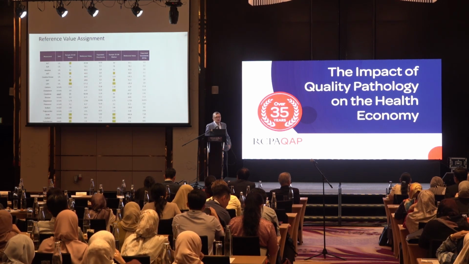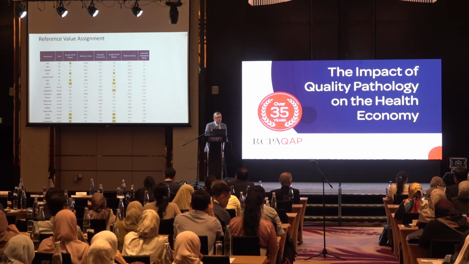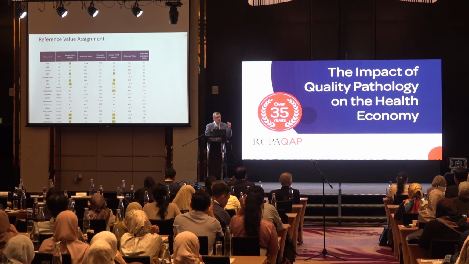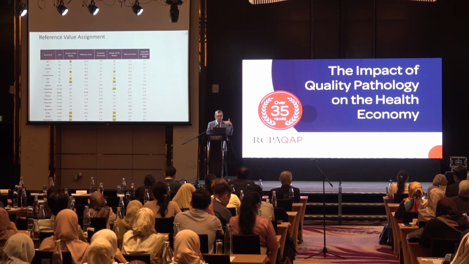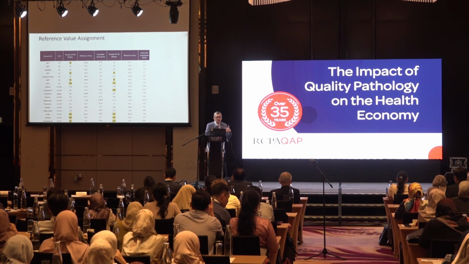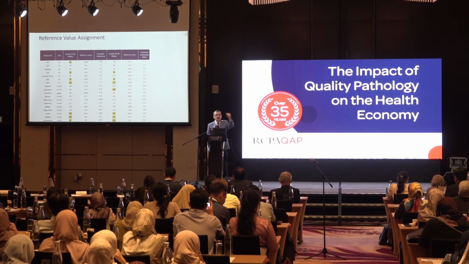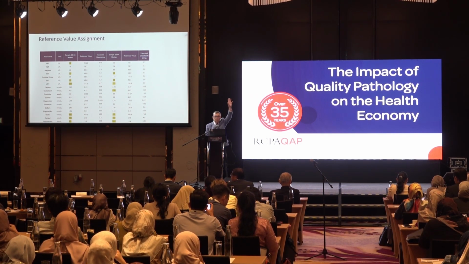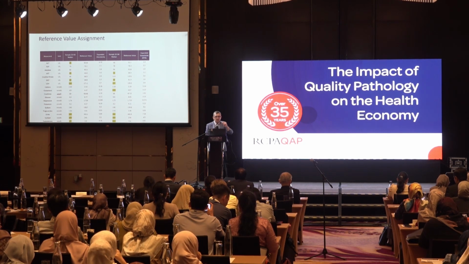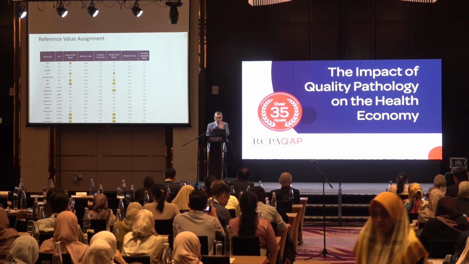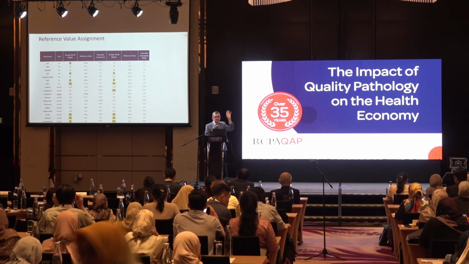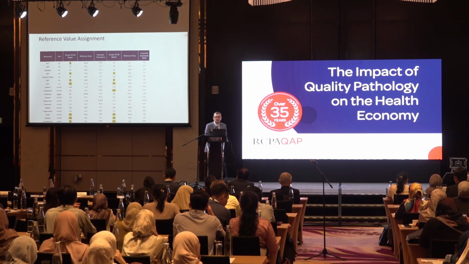Okay. So there's an issue about reference value assignment. Is your EQA providing you with values for the material that are actually at the level of a traceable standard? Can your EQA provide you with a number for what the target value is that's as high as you can get in terms of metrological traceability?